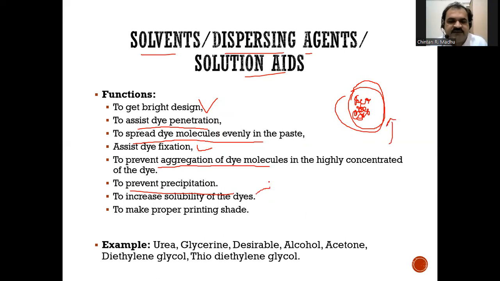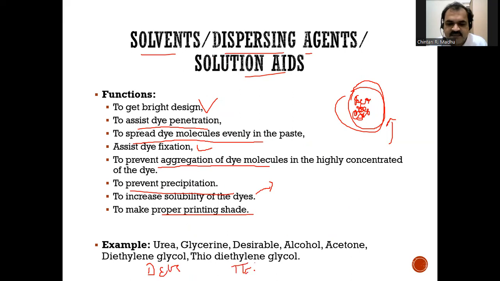To increase the solubility of dyes, which is again dispersion, and to make a proper printing shape. Examples are urea, glycerin, alcohol, acetone, diethylene glycol, that is DEG, and thiodiethylene glycol, that is